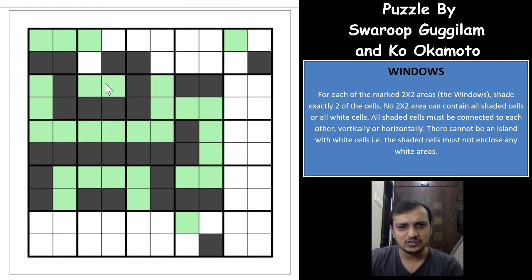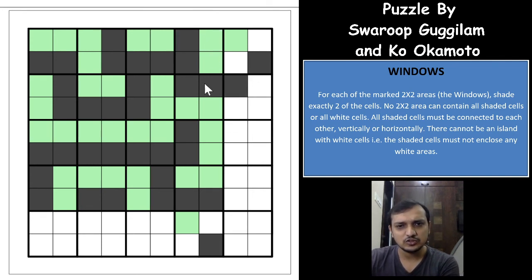Superb. And this white cell has to go out, which means these white cells will have to go out towards the edge of the grid, which means this has to be white, this will be black, this will be white, this will be black, and this will be white, which gives you this as black cell because of the checkerboard pattern. So this will be white, this will be black, and this will be white. And again this has to be black because this group of shaded cells will have to go out to meet the other group of shaded cells. Great.